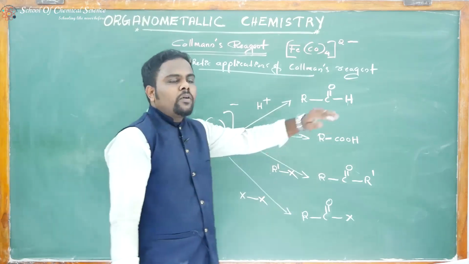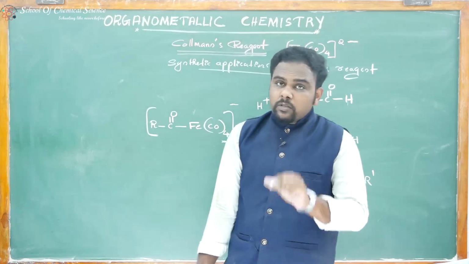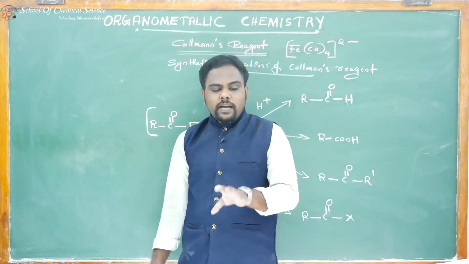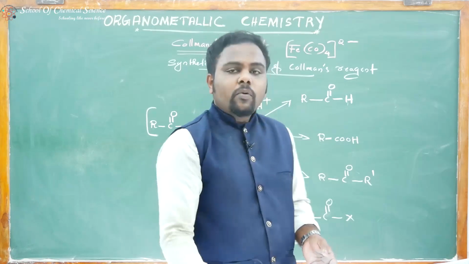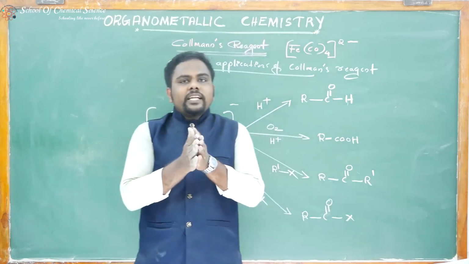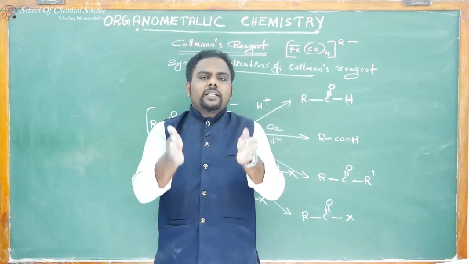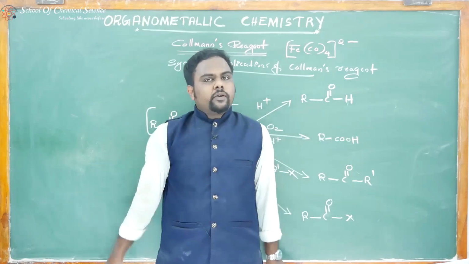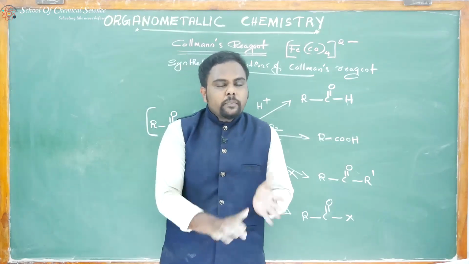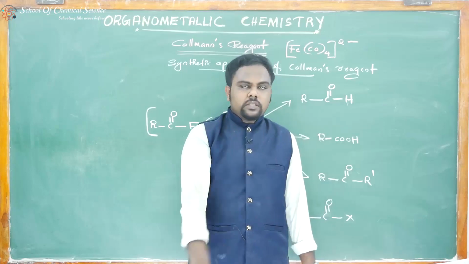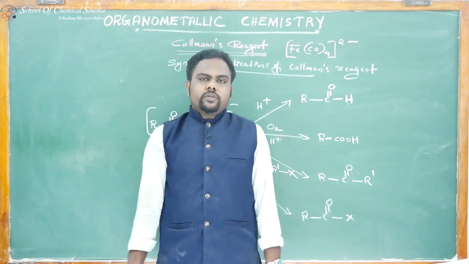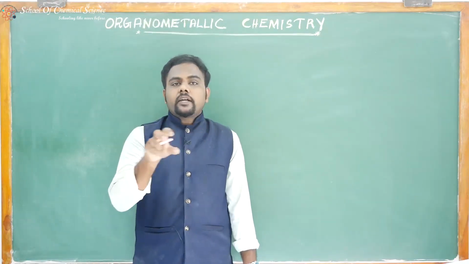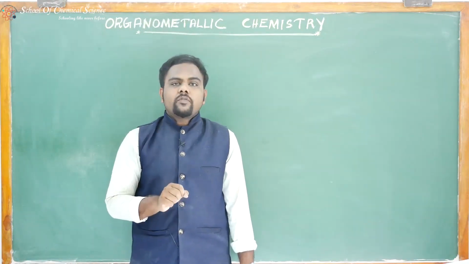So that's all about our carbonylate ion. The most important carbonylate ion is Collman's reagent. Once again, I am repeating, what is a carbonylate ion? Carbonylate ions have a negative charge. When a metal carbonyl undergoes reduction, a carbonylate ion is formed. Three methods of synthesis were discussed. The typical reaction is nucleophilic substitution. And the last part in reactions of metal carbonyl,